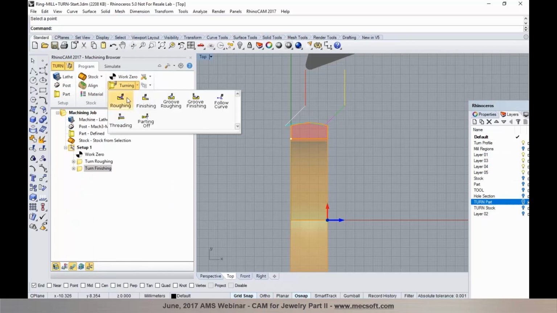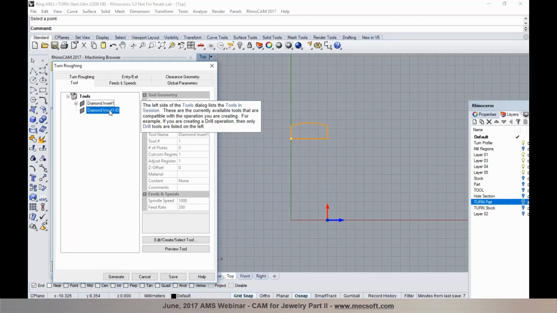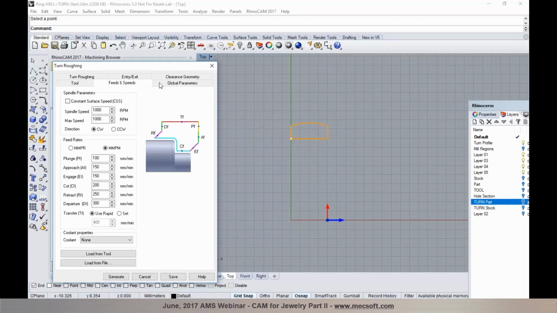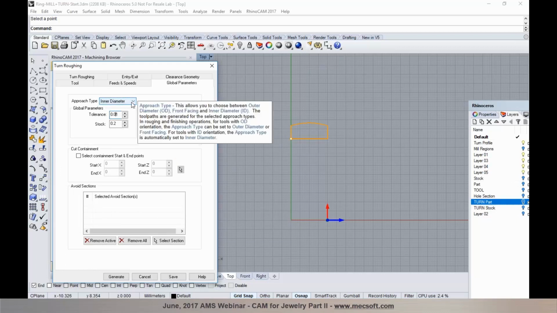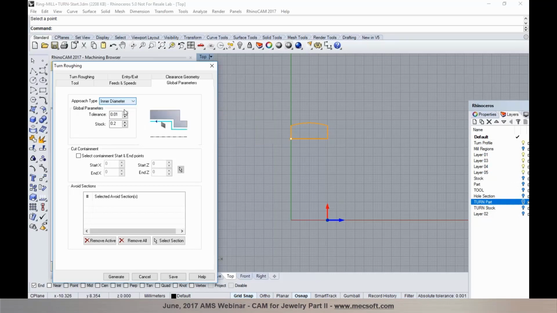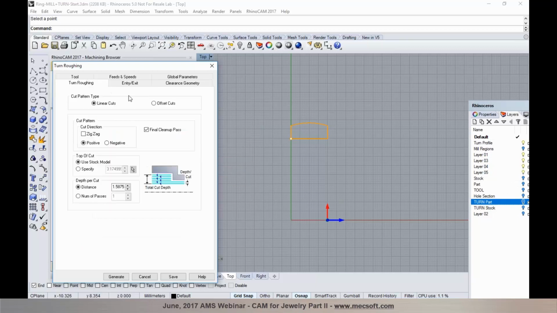I'm going to go over and program a turn roughing, and in this particular step choose the tool as the ID insert, establish feeds and speeds, and in the global parameters you'll notice that the approach type is automatically set to ID since the tool orientation was chosen as ID, and we'll specify the parameters for tolerance, stock, any cut containments if necessary. In the turn roughing tab you can